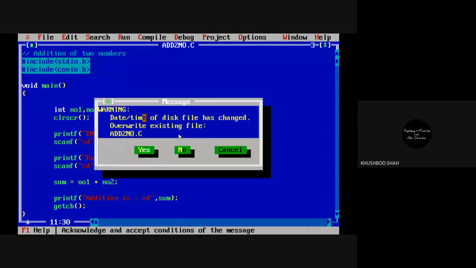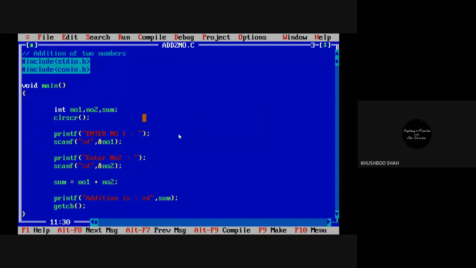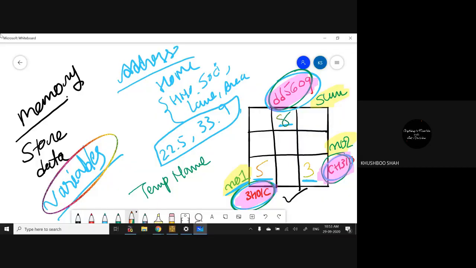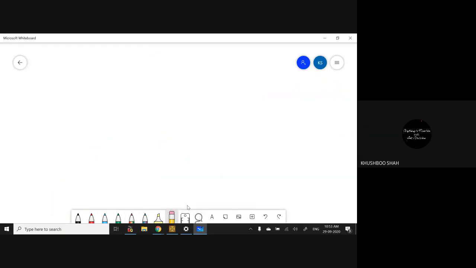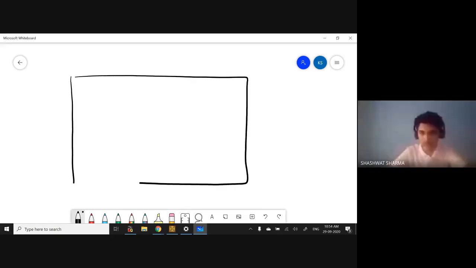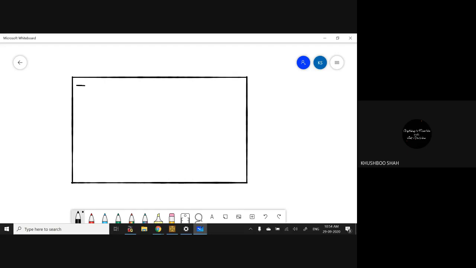It will give the cursor. Your escape sequence is basically for the position of the cursor. I'll show you. This is your console screen. By default, the cursor remains over here, right? This is your cursor, where it will type something. It always goes from left to right and top to bottom, in this direction only.